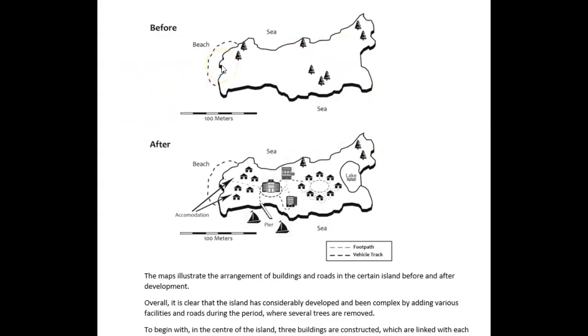Okay, so I think it's really important. Since it's there, it means they want you to discuss it. So you should have made some mention of what the island looked like beforehand. Also, in both images, you've got this scale, so you should probably refer to the scale as well.